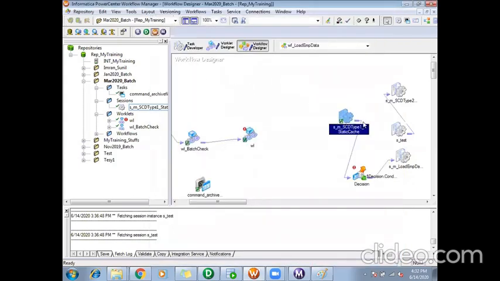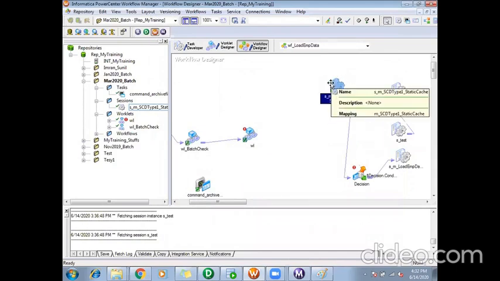When I show you one real-time project flow at the end of our session, you will see all those things again in more detail. Okay, but this is the general idea about worklets, sessions, and all other tasks.